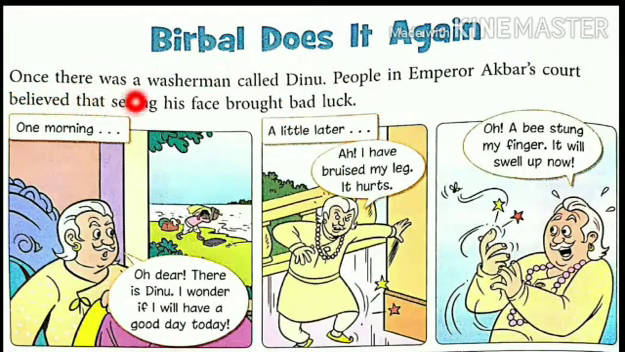Once there was a washerman called Dinu. People in Emperor Akbar's court believed that seeing his face brought bad luck. Yes, children. People in Akbar's court believed that seeing his face brought bad luck. So, what happened next? Let's start reading. One morning,